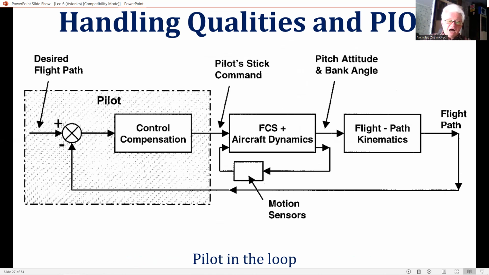These ratings are derived from the pilot's comments in carrying out a range of tasks, which are defined in terms of flight phase categories A, B, and C. Category A